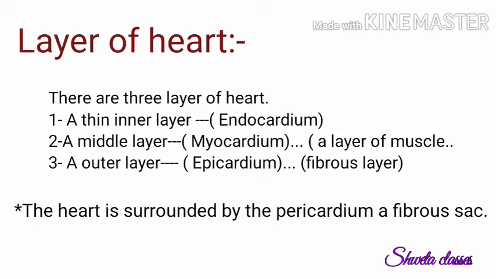The myocardium is the thick middle layer of the heart and is composed of cardiac muscle. Cardiac muscle is very unique because it possesses the characteristics of skeletal muscle and smooth muscle. The third layer is called the epicardium. The epicardium is the outer layer of the heart wall. It is also known as the visceral pericardium and forms the inner layer of the pericardium. The epicardium is composed primarily of loose connective tissue, including elastic fibers and adipose tissue.